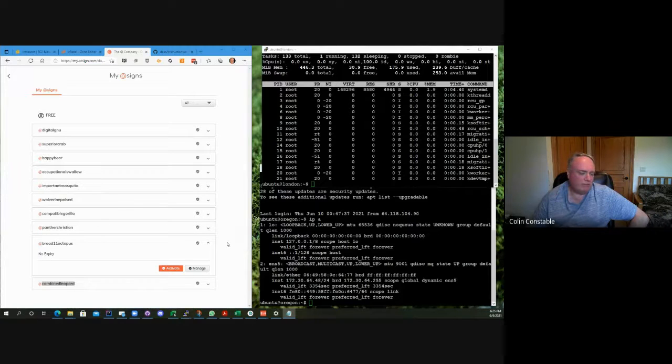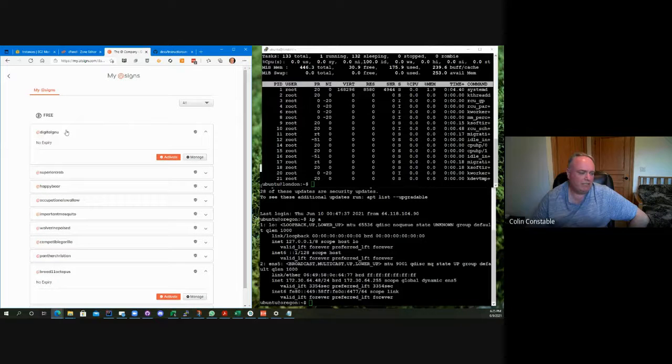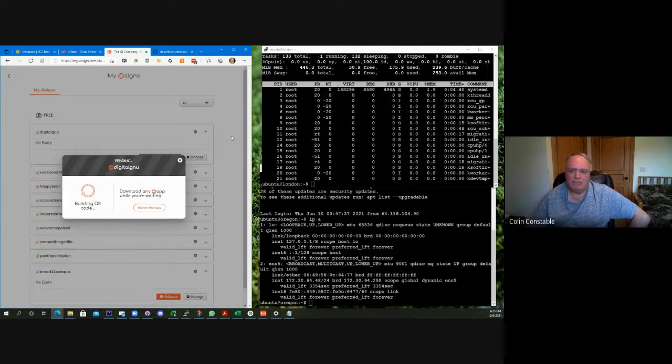But what we also offer is, if you wanted to, let's just do this one. That's digital GNU. So that's another @ sign. And to be able to use it, I have to activate it. So although I have this @ sign at the moment myself, I have to activate it. And what activation means, and we might as well click it, is it will run a microservice on our infrastructure. So it's not going to cost you anything. It runs on our infrastructure, and once it's set all up, it will actually give you a QR code that you can scan with an app, and that will bind your phone or your device with that microservice.